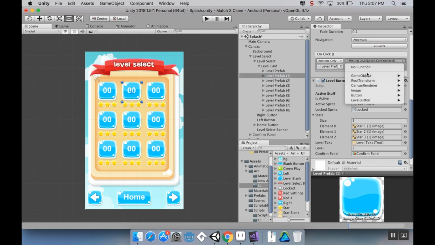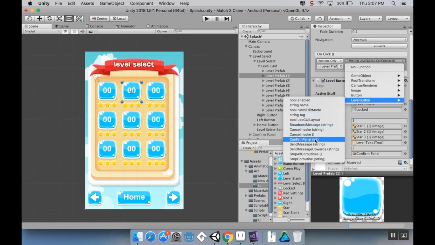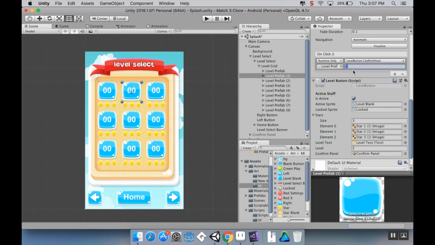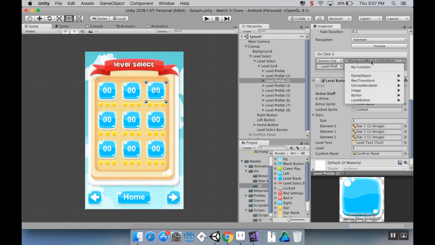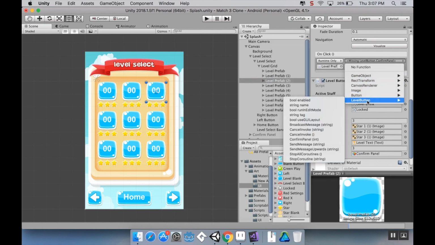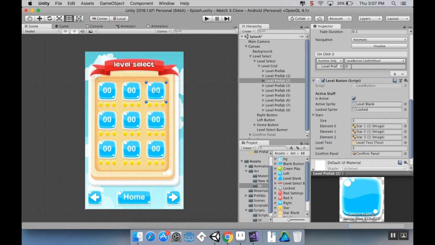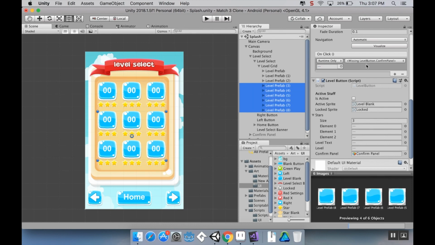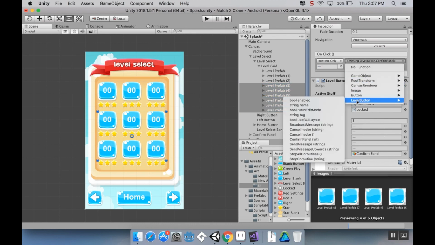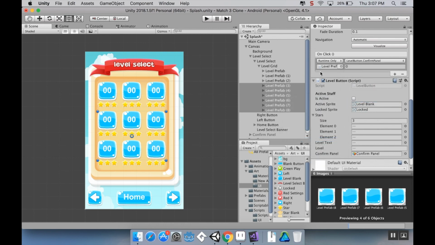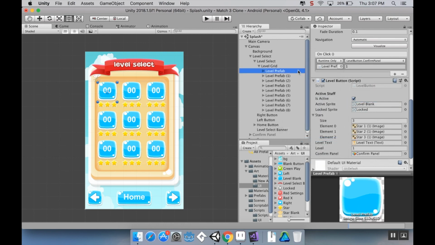This is going to be level button, confirm panel. This one's going to be 2. We're going to go level button, confirm panel. This one's going to be 3. And then the rest of these I'm just going to bulk assign. Level button, confirm panel. Okay, cool. So now, if I hit play,